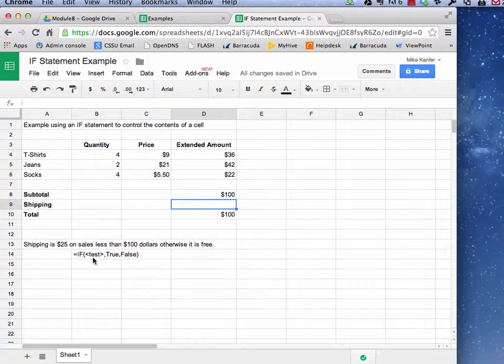If the answer is yes, it is, whatever's in the true part of the formula will be displayed, in this case $25. If it's equal to or more than 100, the test is false. It's not less than 100. So whatever the value here will be, and in this case it's 0. So if we write the if statement, equals if,